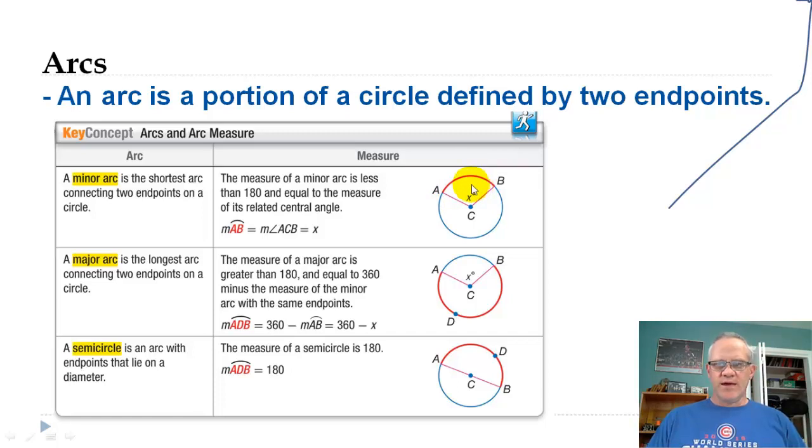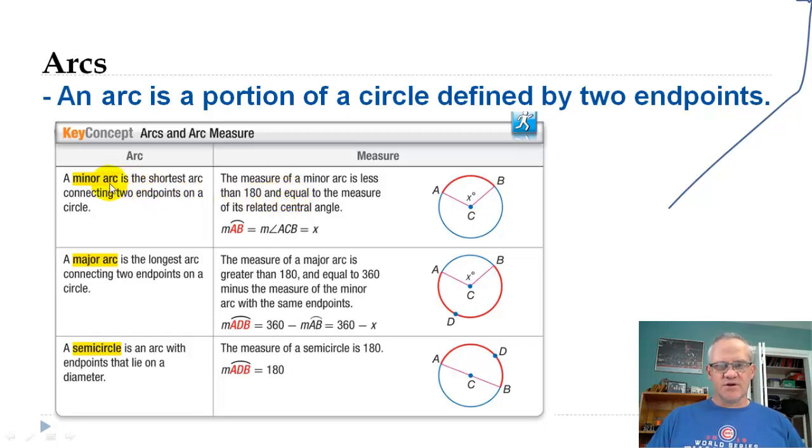Now, the reason why we talked about central angles first is because in this case, I'm talking about here from center C, this is a central angle, this x degrees here. So we make this central angle, and that forms arc AB. Okay, and so the first thing that's kind of interesting here is,